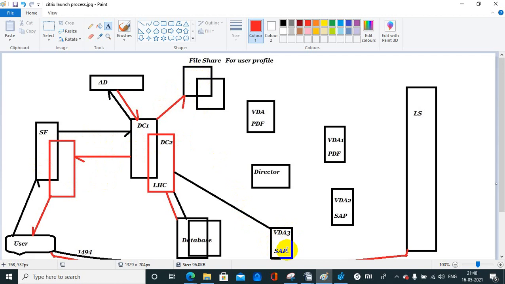So whenever the user logs off, his profile is here only. It's not replicated to the file share. But as per the policy, once the user logs off, his profile should be replicated to the file share, and all updates should be here. In that case, you need to check the policies, how the policies are getting applied on the user session. In that case, we need to follow this